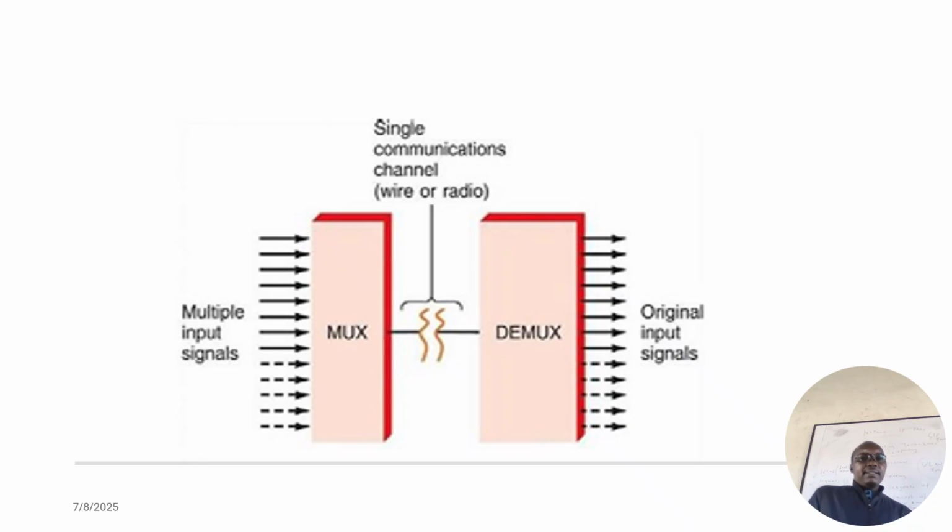That diagram is trying to illustrate that we have different input signals. Then they go through the MUX, the MUX does its operation, and then all of them go through a physical link. Now that is a single communication channel. So the word channel is what I said; a channel is something to do with wire or radio. So in between,